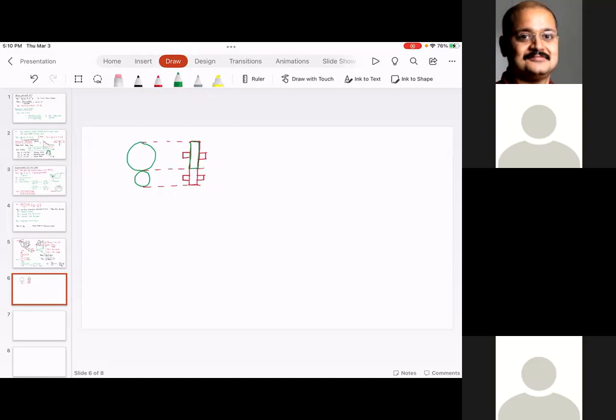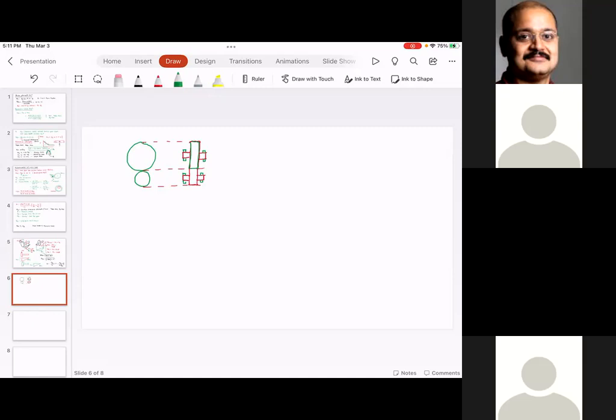Sometimes those bearings are given to us. Sometimes those bearings we have to select. Assuming you are going to choose a sliding contact bearing or a rolling contact bearing, you would specify the bearing. Bearing would have an inner race and it will have an outer race, so you will draw inner race and outer race. Now this bearing needs to be supported in the housing.